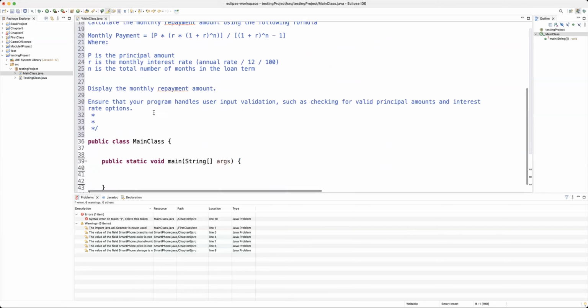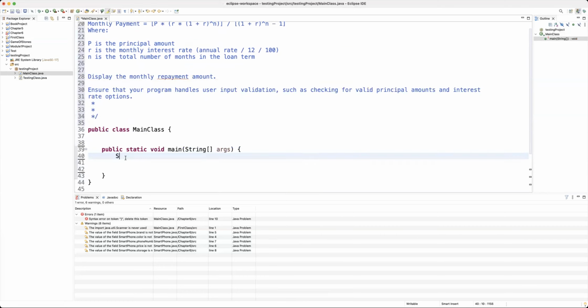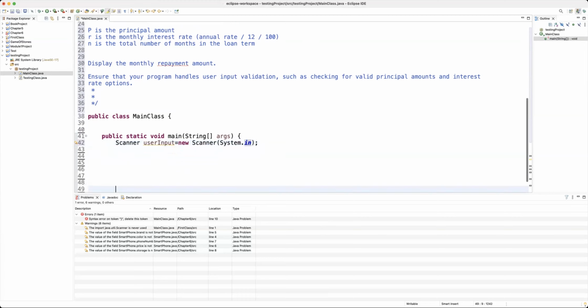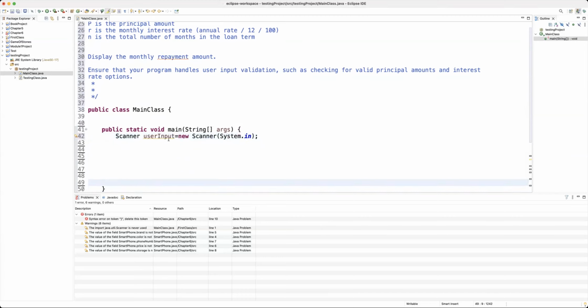Mm-hmm. So let's go ahead and start the question. What I'm going to do, I'm simply going to start by creating a scanner. That is something that we need. So System.in. And remember here, you need to import the scanner. And what I'm going to do, I'm going to go directly at the bottom here and close the scanner. So userInput.close();